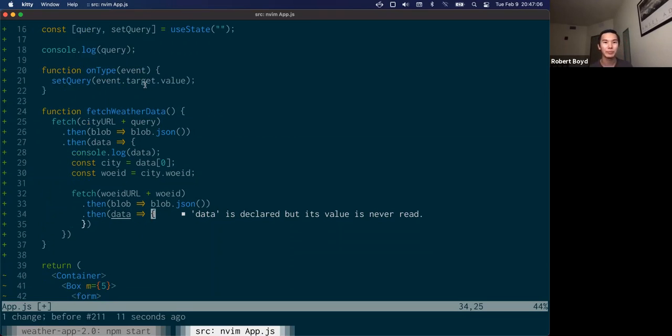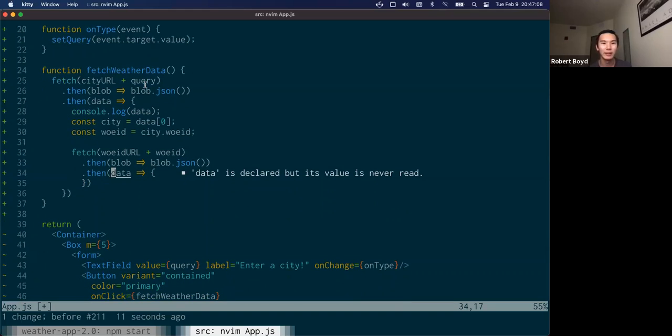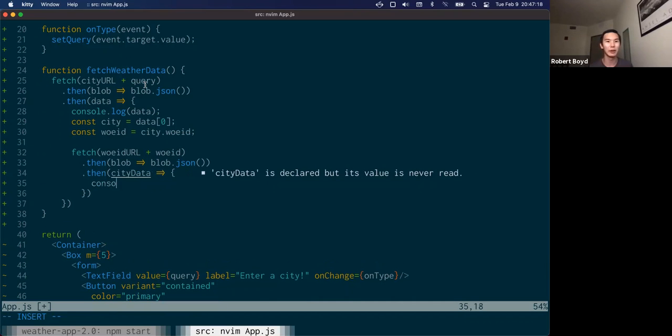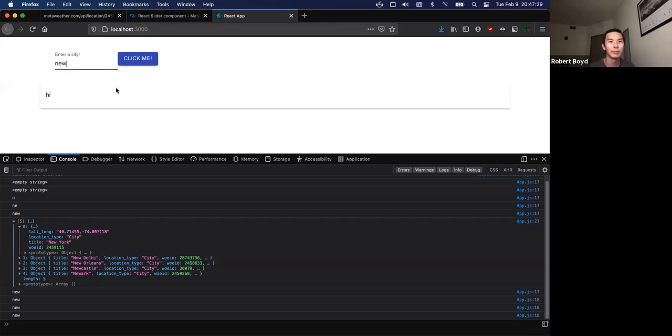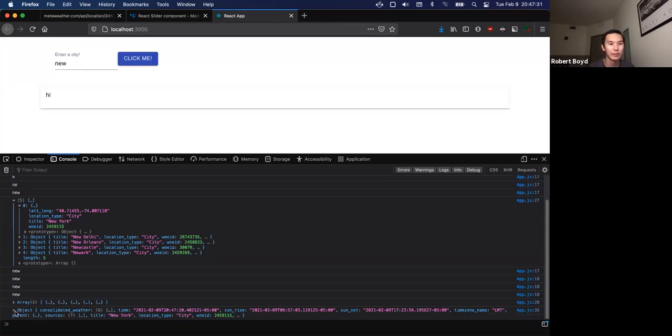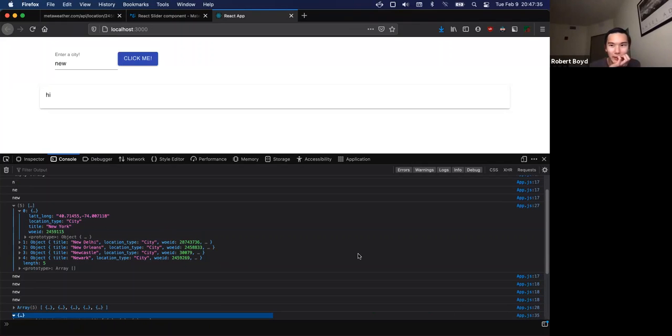Okay. So now we're going to have, let's call this something else, weather data or city data. That's a good way to put it. Okay, so we have this. Let's actually log that and make sure that that is working. All right, so let's try this request again. Okay, so we first get that first set of data back, and then we do get back